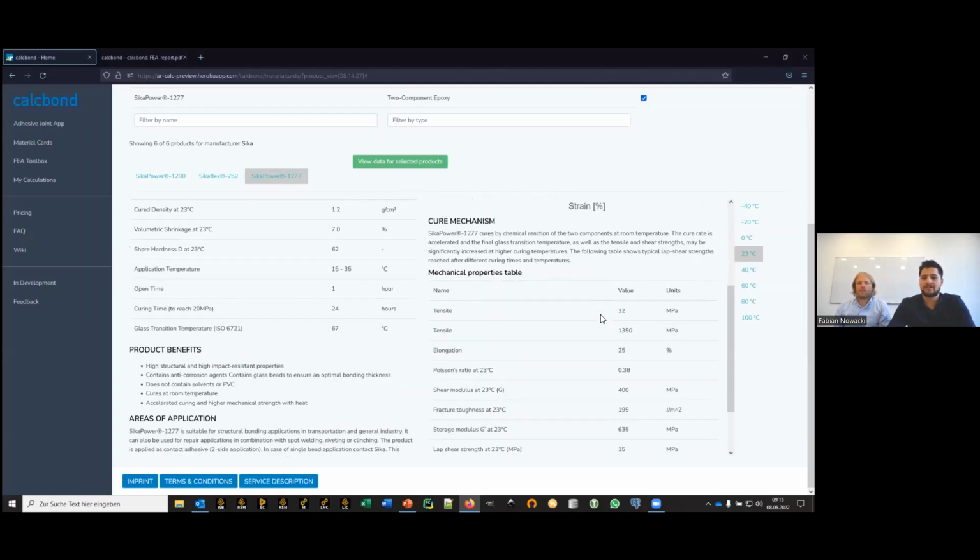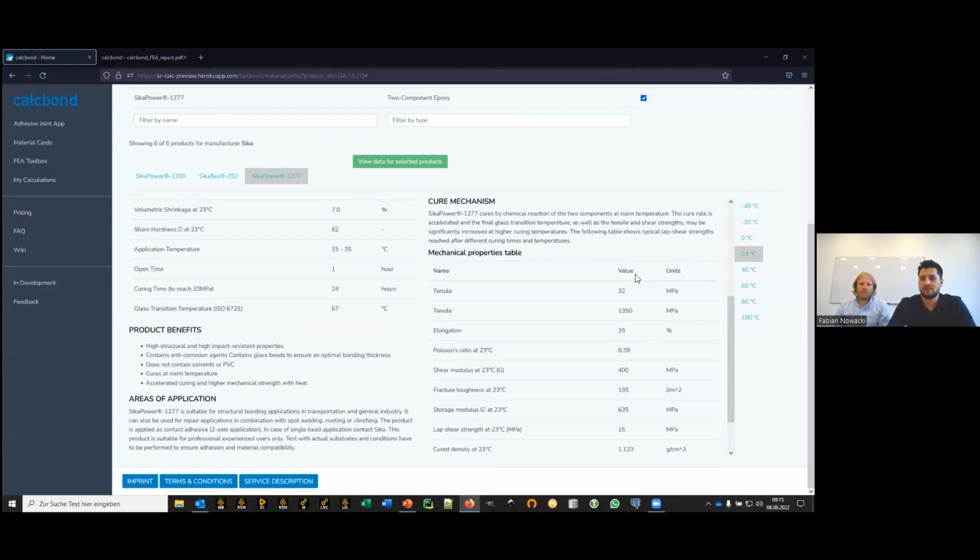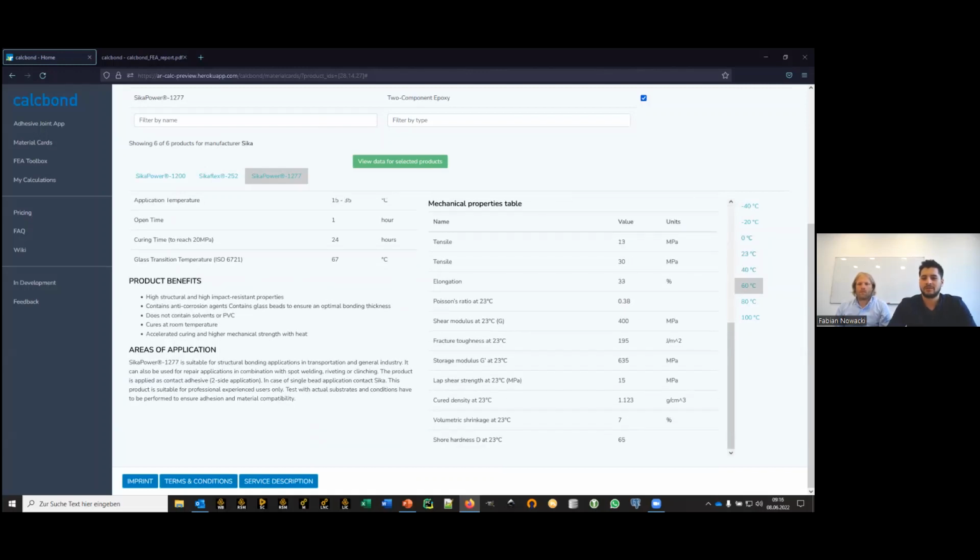And then on the right side, you have your more advanced data about engineering properties, which are also, for example, temperature dependent. So we want to provide mechanical properties that are dependent on the service temperature. The data that's been provided within the database has been tested under different environmental conditions, so under different testing temperatures to account for the different elastic or elastoplastic behavior of the adhesive. For example, compared between a 0-degree testing environment and a 60-degree testing environment, which has a big impact